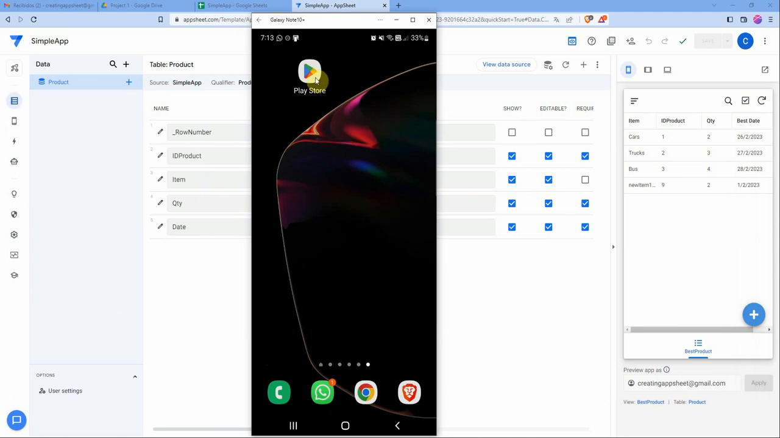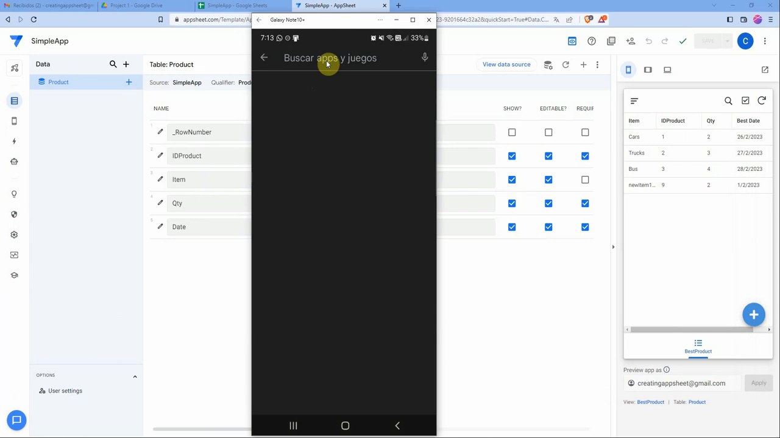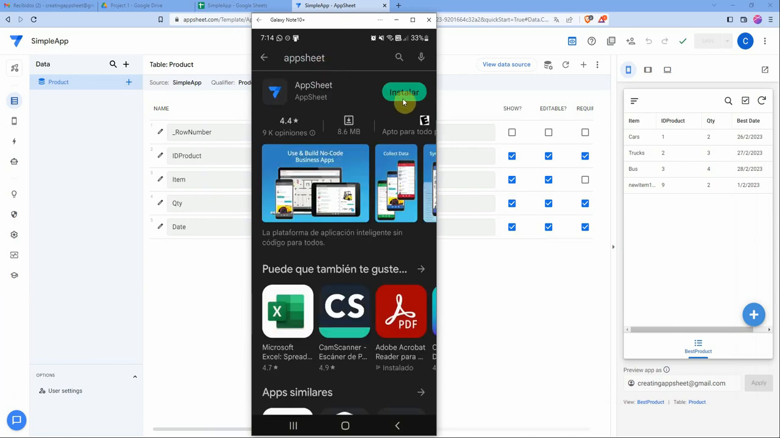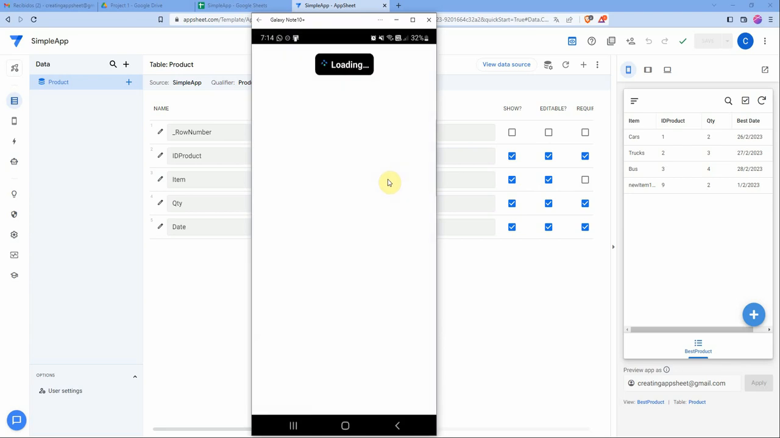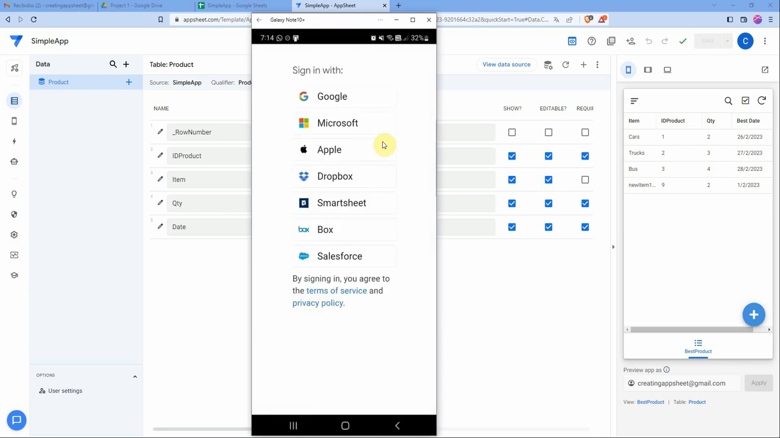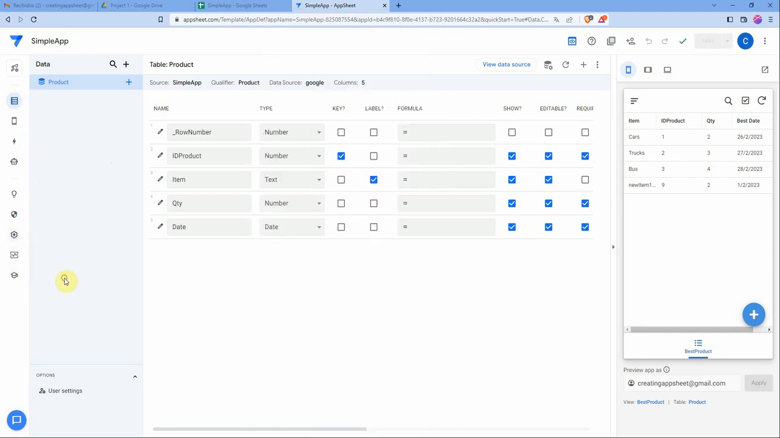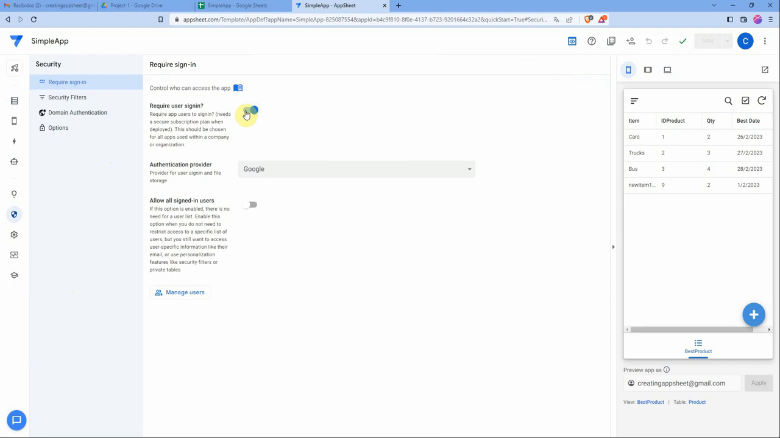So go to Play Store, just click it and search for Appsheet. Click on install and just wait for the download process. Once it's downloaded, click on install. It takes a minute or so. Click on open, and since you configured your application, our first application, on the security options that require the user